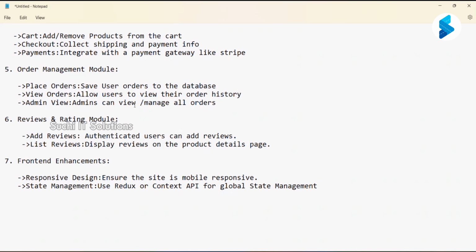After that, loading and error status. You need to provide loading and error states. Here you need to implement spinners and error messages for look and feel purposes. Okay, so this is the seventh one. And the eighth one is what? Backend